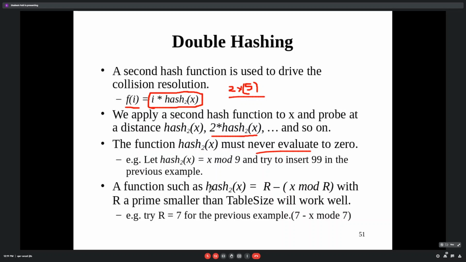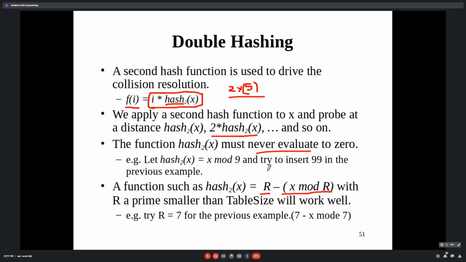Functions such as hash2(x) can be made like r minus (x mod r), with r a prime number. So we are using two hash functions: one normal hash function and another like this.